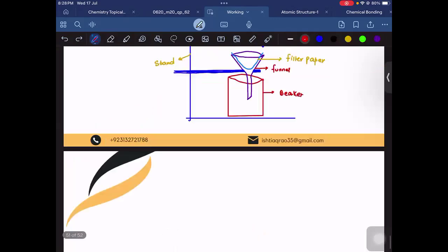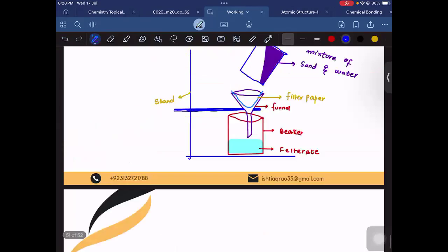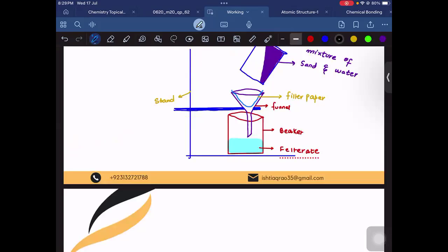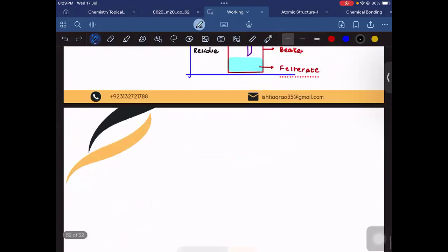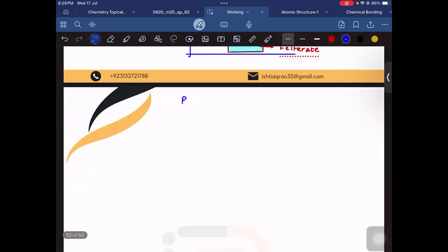So you can see this is filtrate. This is a filtrate, and you will see some particles on the filter paper. This is the sand particle, which is called a residue. So if I'm supposed to define what is residue, residue, exactly,